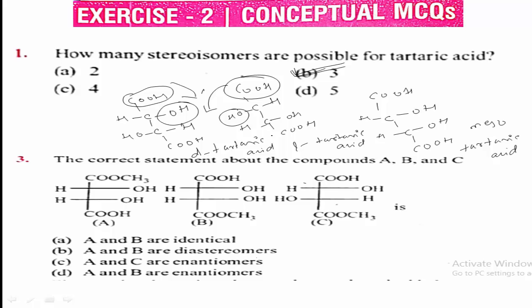Okay, next question number 3. If you want to learn more about meso compounds and dextro and levo substances or compound structures, just remember, students, stereoisomers are compounds having the same general formula but a change in the spatial arrangement of atoms. And in mesotartaric acid, when you observe this meso structure,